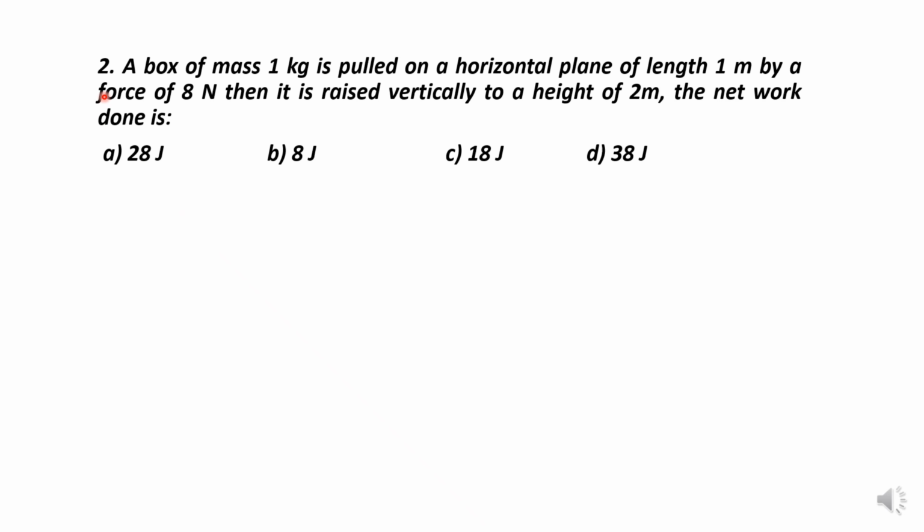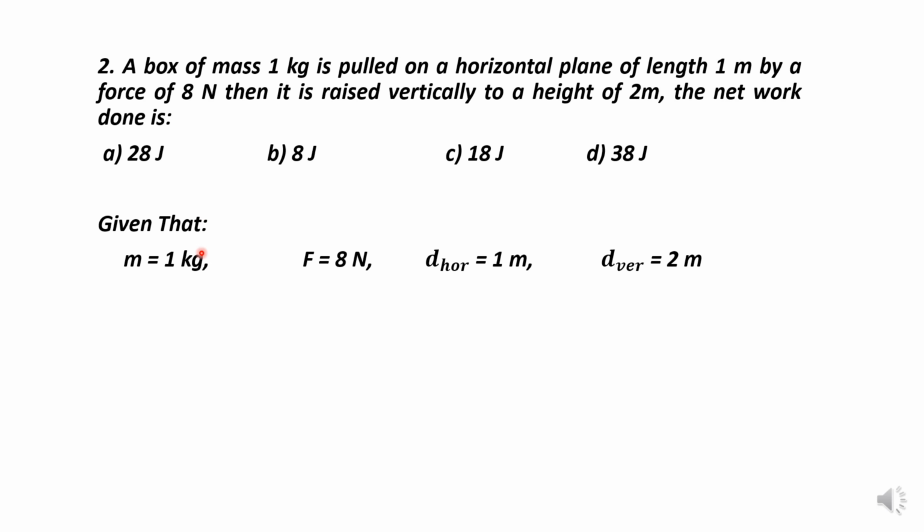MCQ number 2. A box of mass 1 kg is pulled on a horizontal plane of length 1 meter by a force of 8 Newton. Then it is raised vertically to a height of 2 meter. The net work done is,